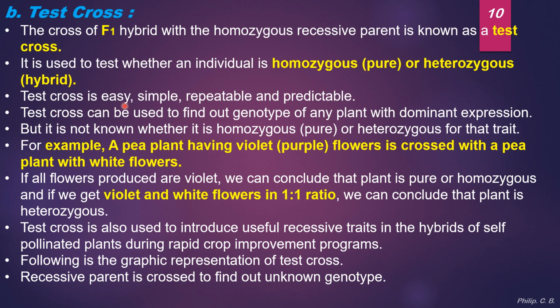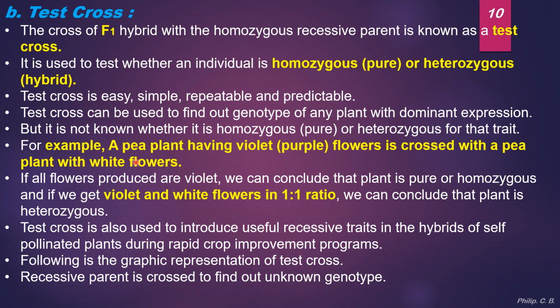Test cross is easy, simple, repeatable and predictable. So we can predict what the outcome is. It can be repeated as many times as you want. It is very simple to carry out and an easy method. Next point, test cross can be used to find out the genotype of any plant with dominant expression. So you can easily identify which expression is dominant. But it is not known whether it is homozygous or heterozygous, that is pure or hybrid, for that